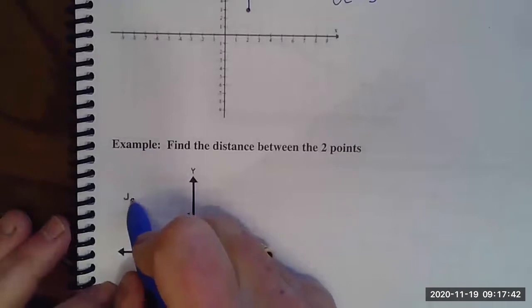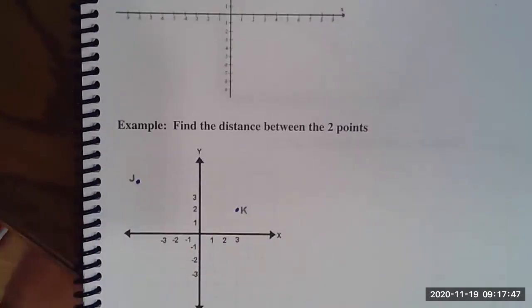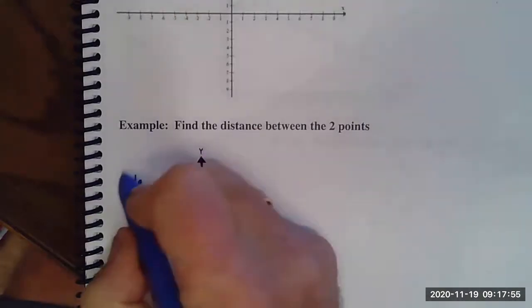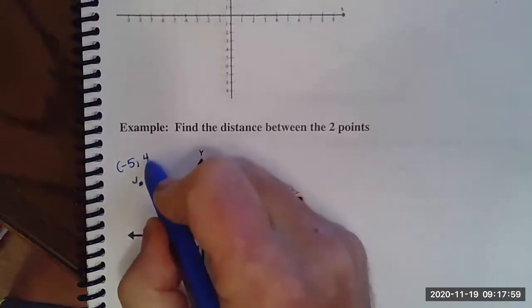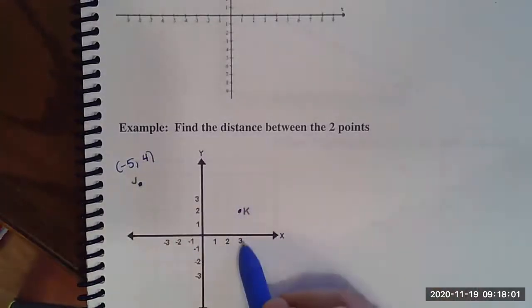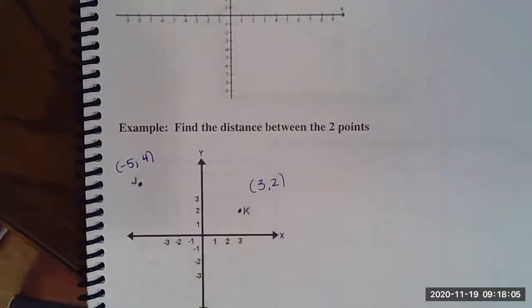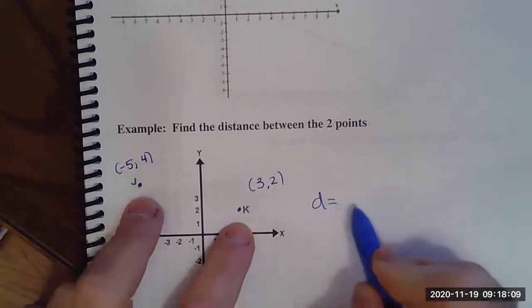Okay, here's my J and there's my K. I'll do the formula this time. Instead of counting, I'll just do the formula. Let's see, the J would be -3, -4, -5. So that would be -5, comma 4. And that's 3, 2. And you're looking how far it is over there. So D is equal to